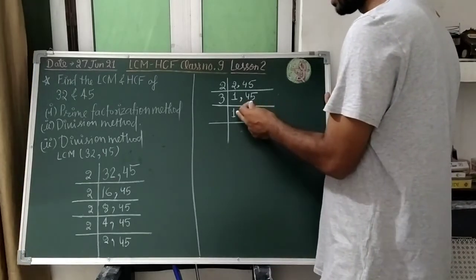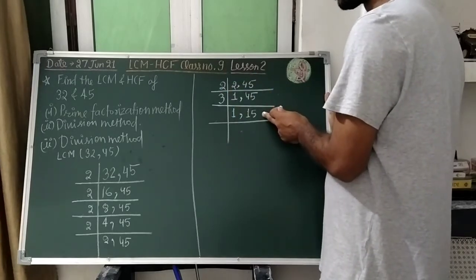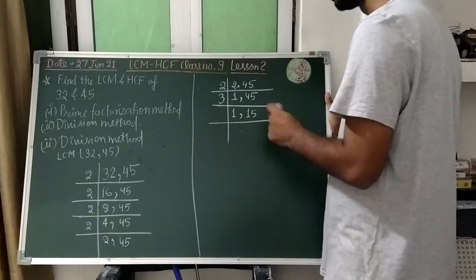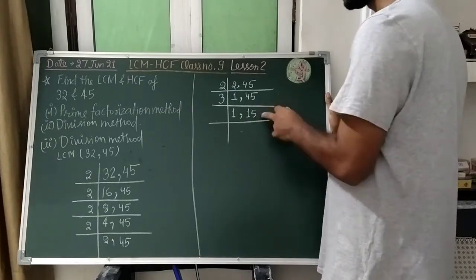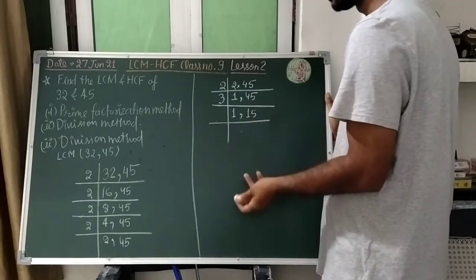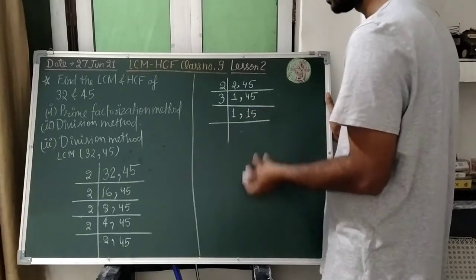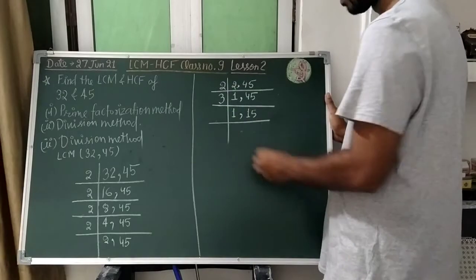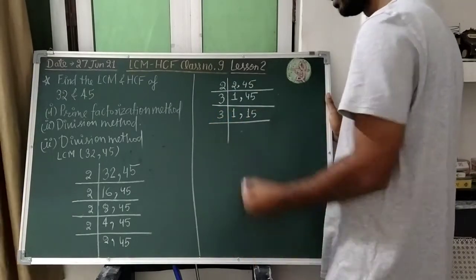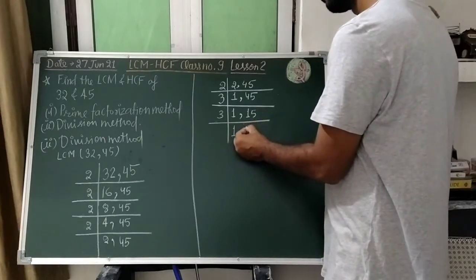Again, one more horizontal line we will select and we will say whether 2 is going to divide this 15. 1 we have got for the 32, 15 is left now. So whether 2 is going to divide this 15, no, as the unit digit is not an even number, 2 is not going to divide this. So whether 3 is going to divide it, divisibility of 3 tells us that the sum of the digits must be divisible by 3. This 5 plus 1 is 6, 6 is divisible by 3, so 15 will be divisible by 3. So 3 we shall select here. So how many times 3 will go to divide this 15? 3 5s are 15.